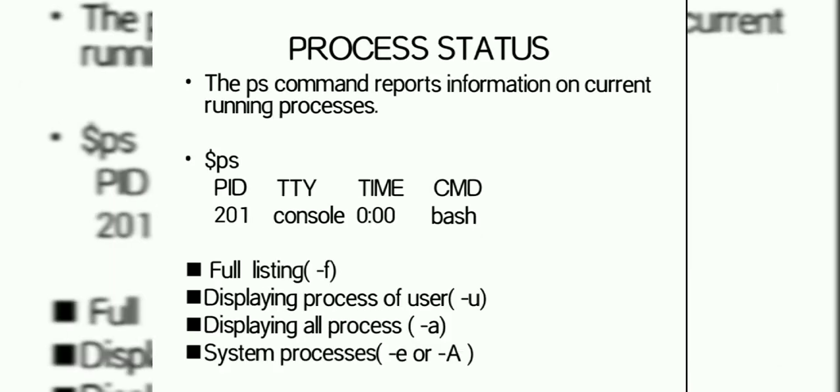Unix provides a utility called ps for viewing information related to processes on a system, which stands as an abbreviation for process status. When you use the ps command, it shows the processes for the current shell, that is the Bourne Again shell, as an example. The result contains 4 columns of information: process ID, terminal type, amount of CPU time, and name of the command. The ps command uses the following options: -f option to get detailed information, -u option to know the activities of a user, -a option to list processes of all users, -e or -A option to list system processes.